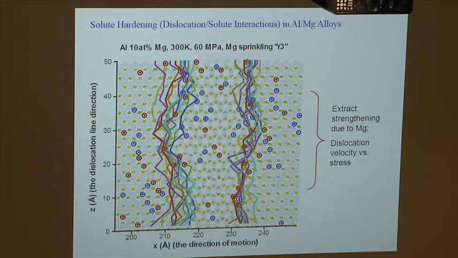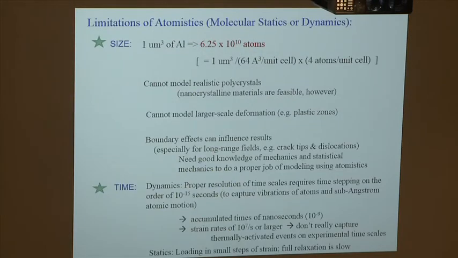This is another example of dislocations with solutes. Solutes are a foreign atom in the host. The dislocation is a defect, and we can see how the dislocations interact with those defects. So atomistics gives us this ability to look at defect-defect interactions, and those defect-defect interactions control the constitutive behavior. But